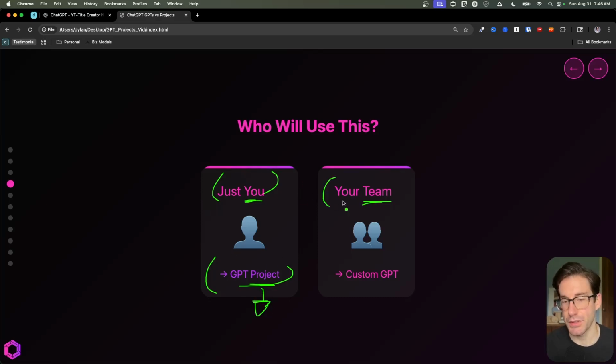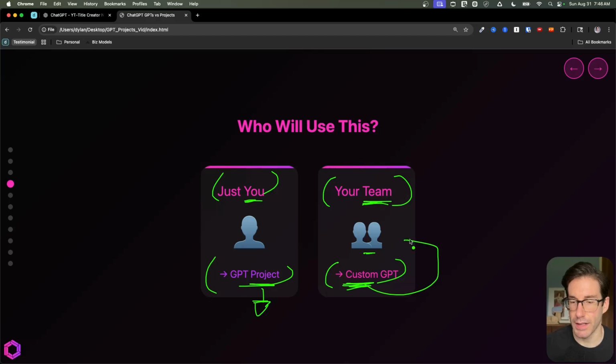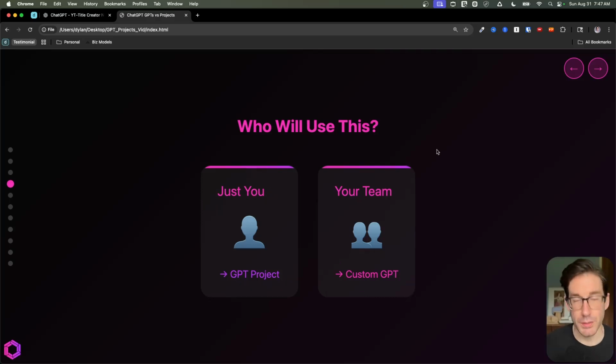The next thing is if people on your team have access to GPT, if you have GPT Teams or even Claude Teams, you want to do a custom GPT in this case. The reason being that if they're going to need access to this customized AI, then custom GPTs are the only way to do that, where you can share that GPT with them, either within your existing team's enterprise, or you can even make it completely public where anybody that has access to the link can use this custom GPT.